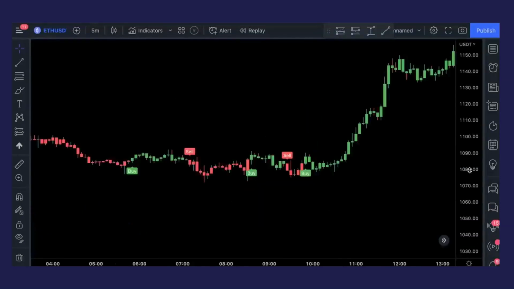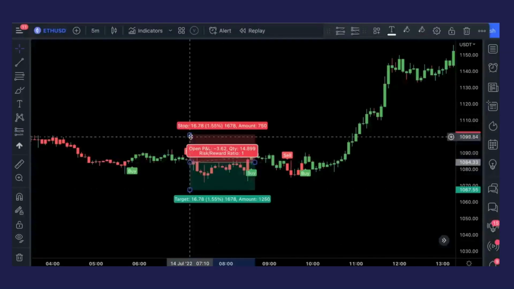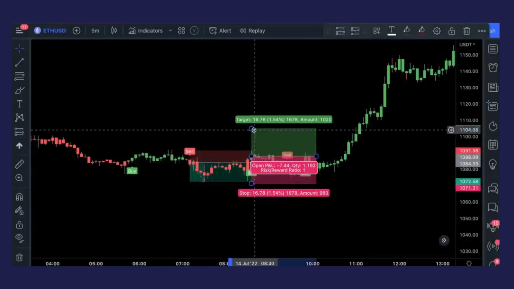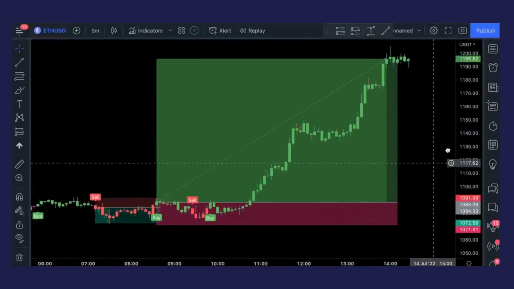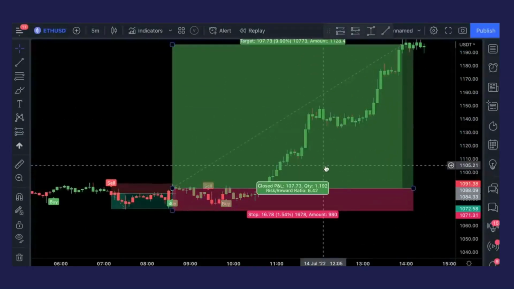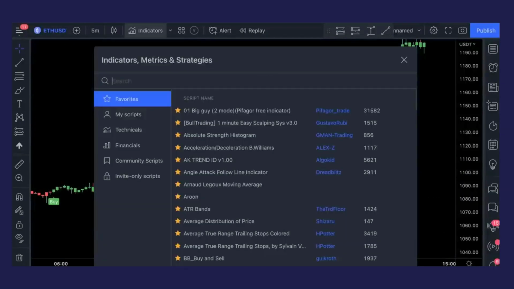Okay, so we can see that this is a really simple to read buy and sell indicator. It does issue pretty good signal sometimes. We see that the very recent trade could have turned out to be really successful, and by the way, this is going to be our first confirmation indicator,